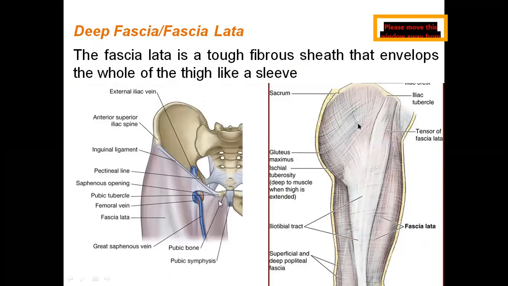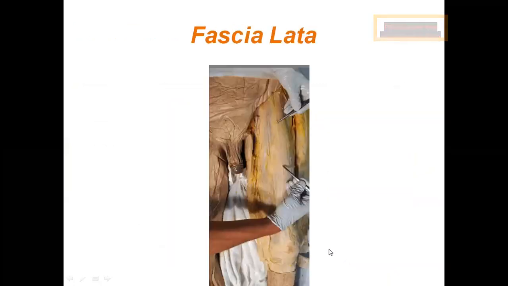If you see the extent, the superior extent of fascia lata begins from the pubic symphysis and pubic tubercle, and is attached along the inguinal ligament. Then it goes around the iliac crest. Behind, it is attached to the sacrum, then the sacrotuberous ligament and the ischial tuberosity, to come back to the pubic symphysis. That means the whole of the thigh is covered by this fascia lata, like we have sleeves for our hands, right? Similarly, such a sleeve is enclosing the thigh. This is the superior attachment. As you go down inferiorly, it is attached all along the knee, around the knee joint.